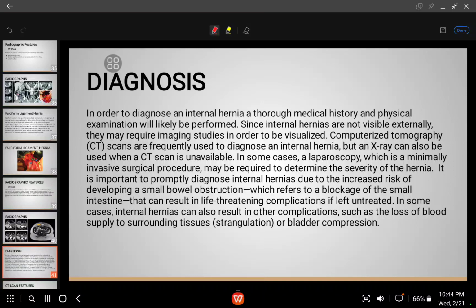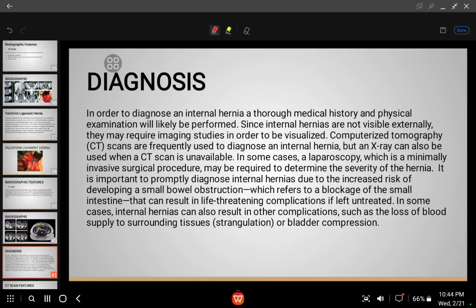So what is the treatment of the internal hernias? It depends on the severity. In some cases, internal hernia can resolve itself with conservative management, including increased fluid intake and adequate bowel rest by restricting food consumption. In other situations, surgery may be required,